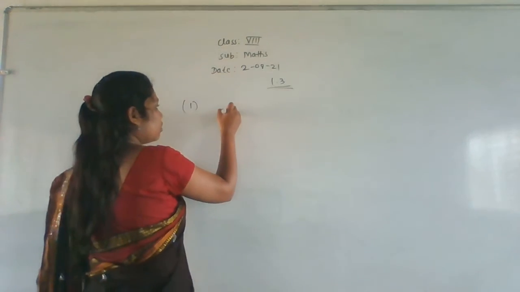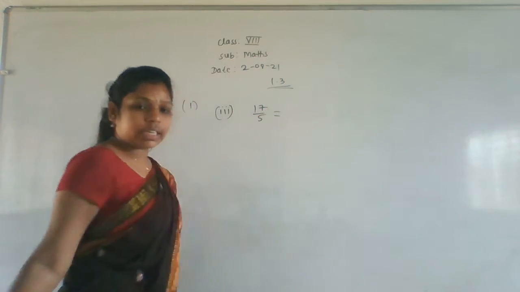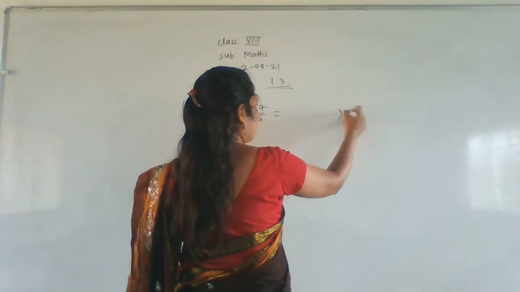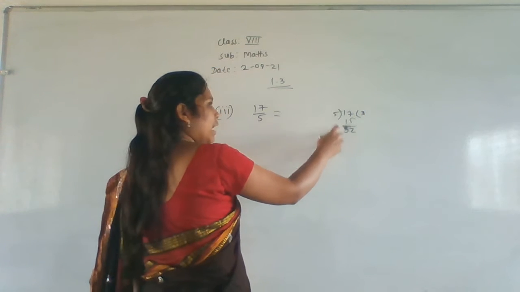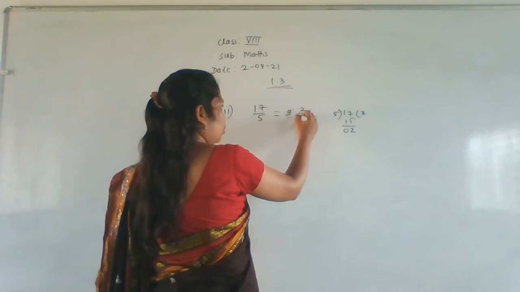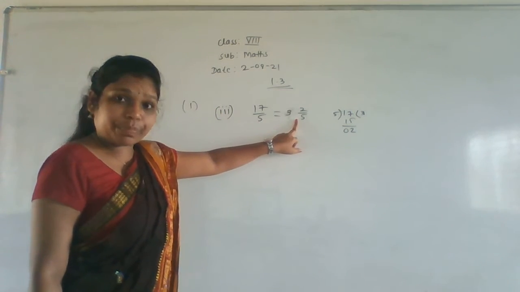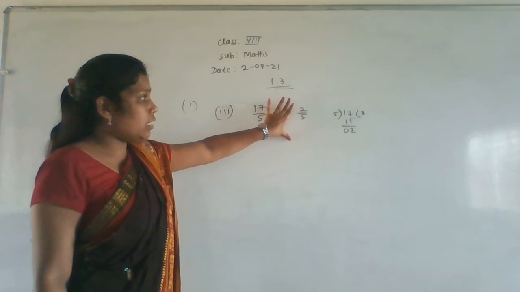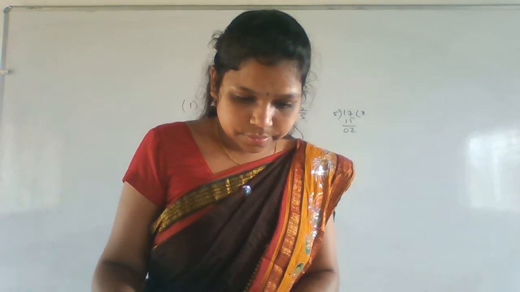Third one is 17 by 5. Okay. So first divide this one. What will you get here? 17 means here 5. 5 3s are 15. Right. So how can you write this one? 3 integer 2 by 5. Can I write this? 3 integer 2 by 5. Okay. 3 integer 2 by 5. Now don't consider this 3 integer now. Okay. Wait one second.